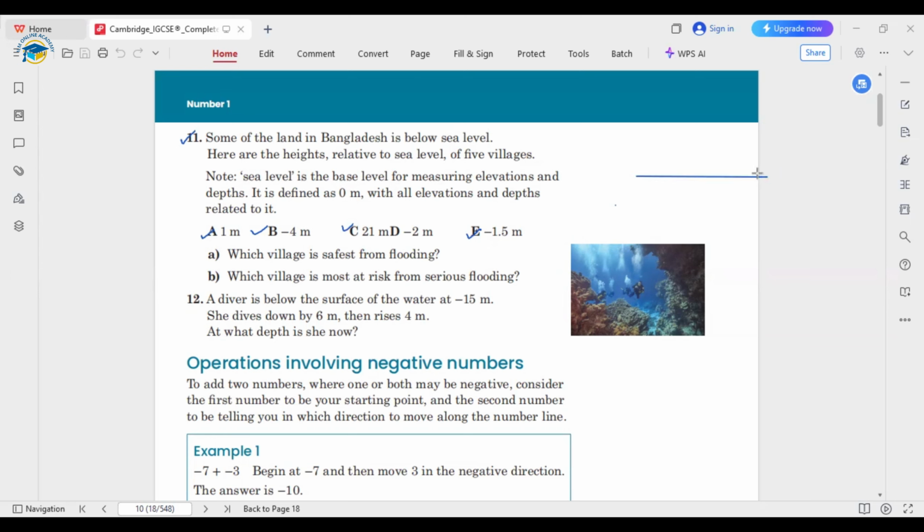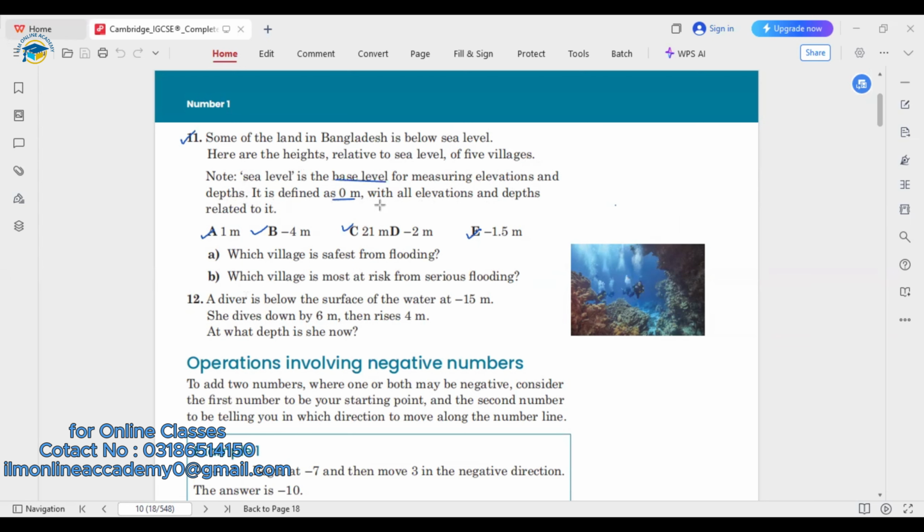Fine. If mountains are there, they are above the sea level, or if there are plains that are downward, we would call them below the sea level. Accordingly, they're saying that the base level for measuring the elevations and the depths is defined as 0 meter. According to that, we are going to find the other measurements, either elevations or depressions. Okay, so first, in part A,